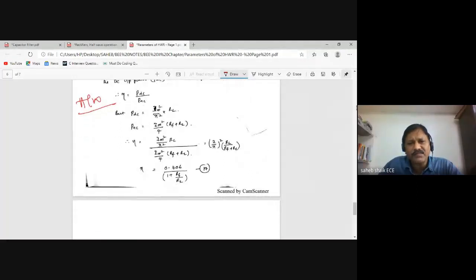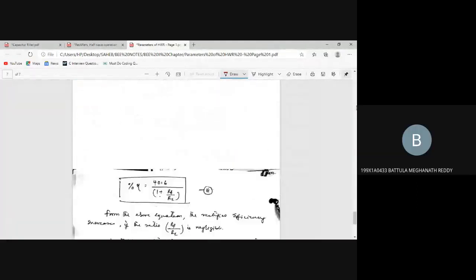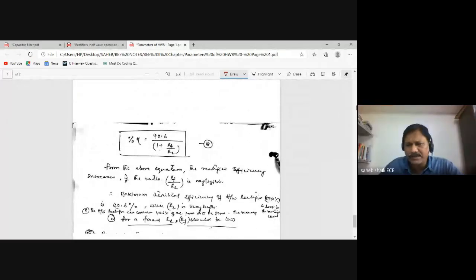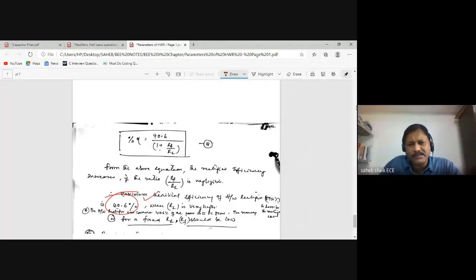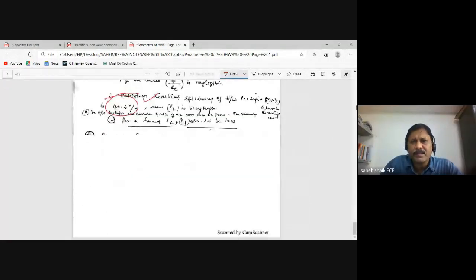40.6 percent. This is the efficiency you are getting in the half wave. If you go for the full wave, it is going to be doubled. Okay. So next we will see